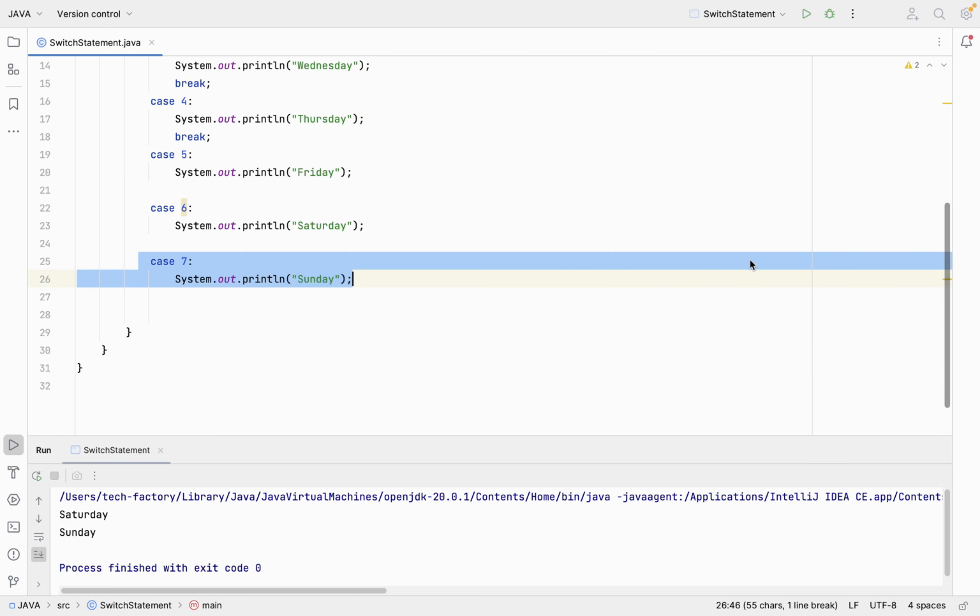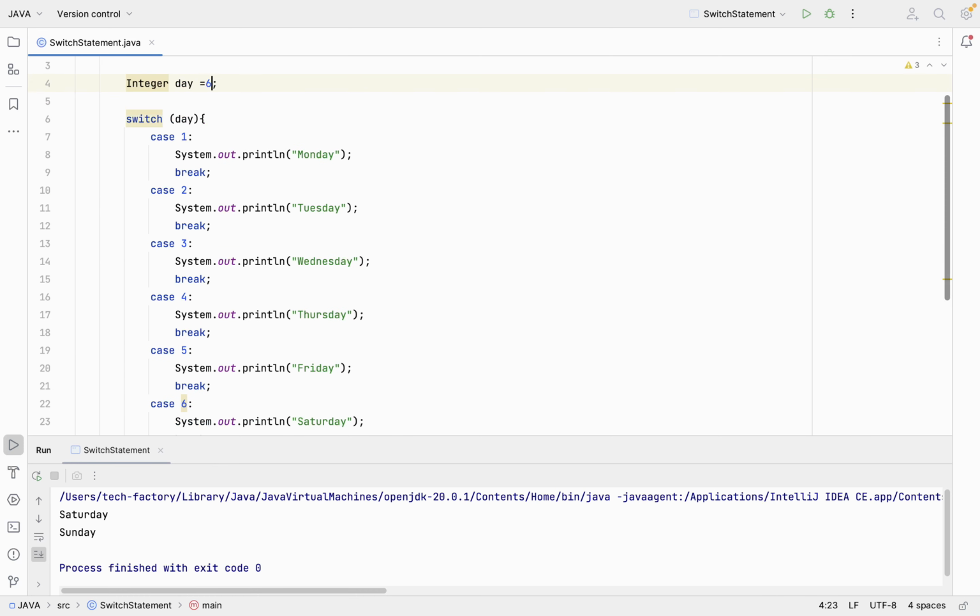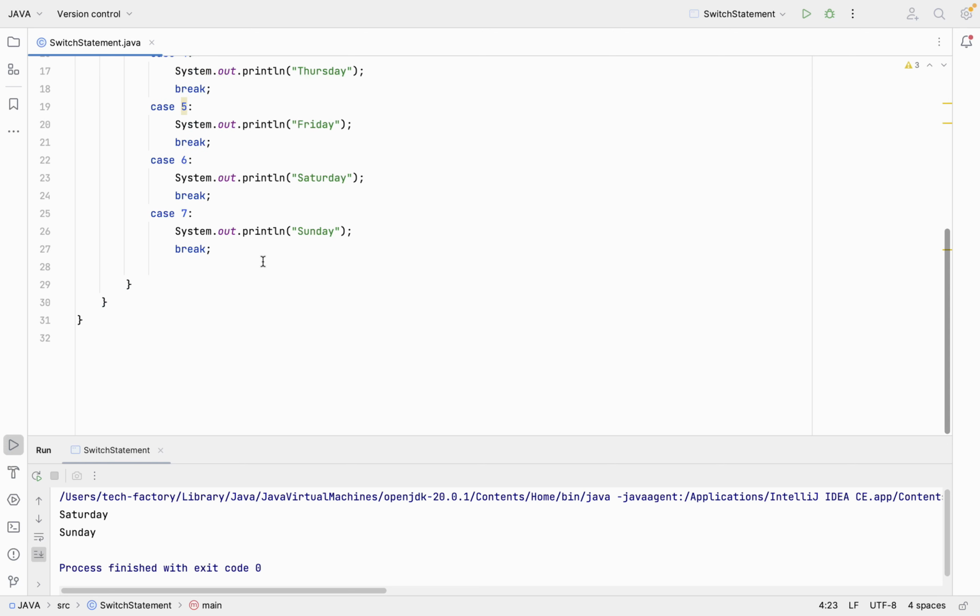Now the next thing that I want to discuss is one more case that we were talking about, default, where we can use the default keyword. So here we are using the default keyword. Let me show you how we can use default. So here after break I am going to put one more keyword. Let me say default, and after default I am going to print something like